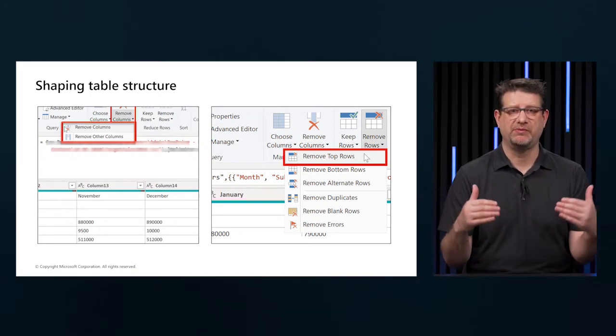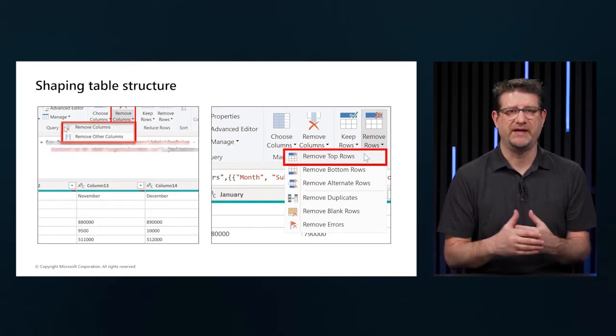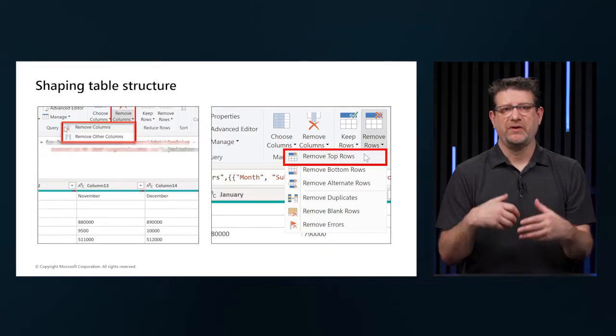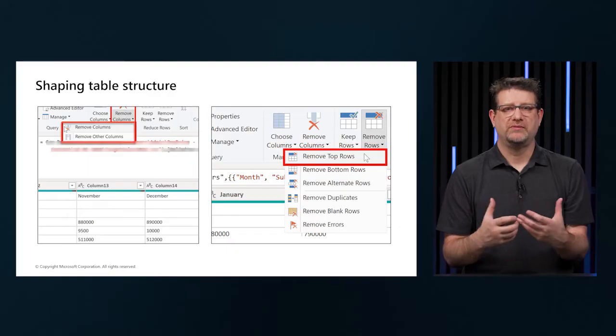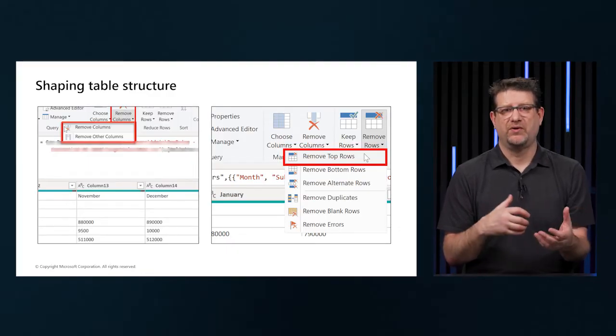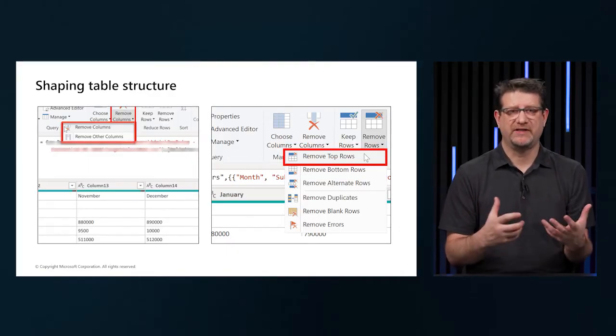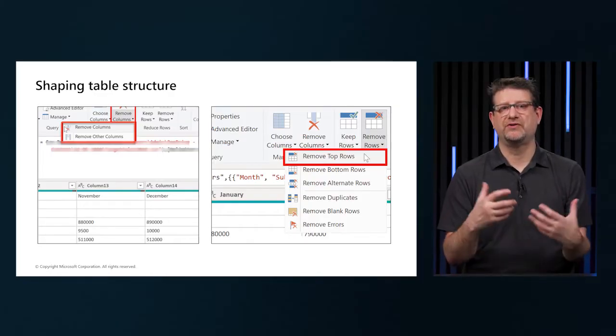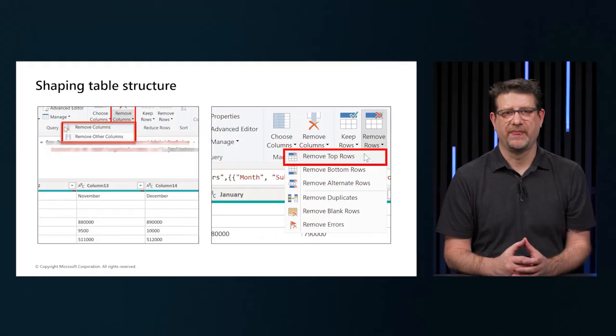When we promote headers, we promote that first row up to the headers. When we rename columns, we might discover that one or more columns has the wrong headers, or the header has a spelling error, or the values have a spelling error, or the header naming convention is inconsistent or not user-friendly. Those are great opportunities to make a change.